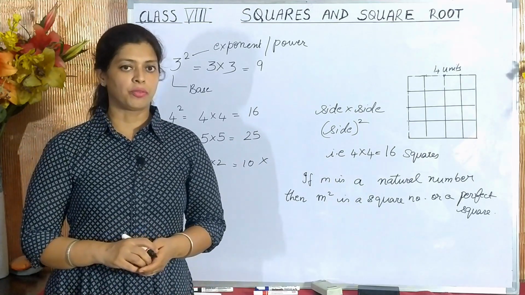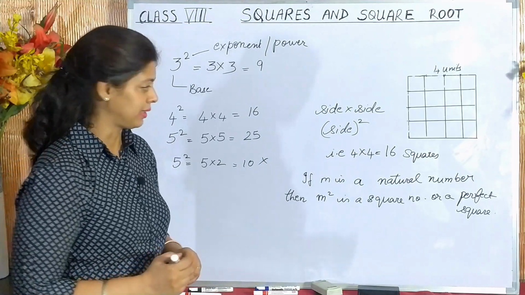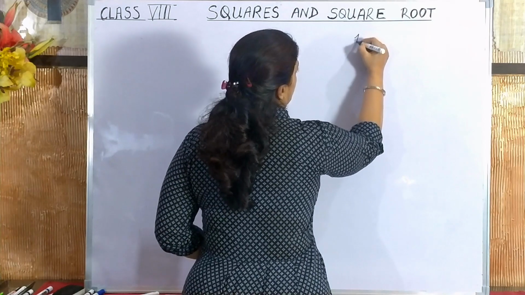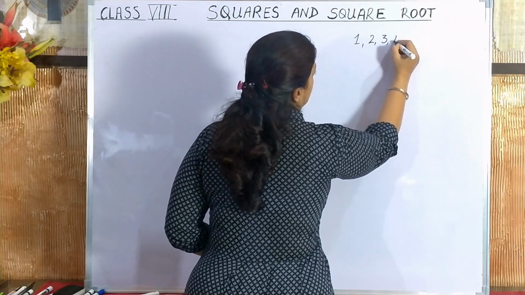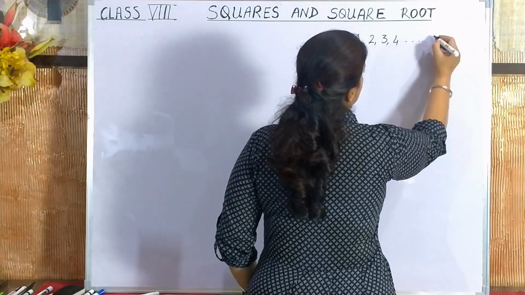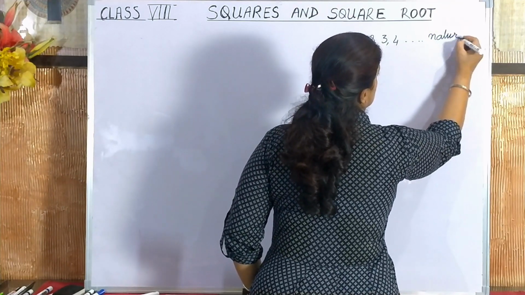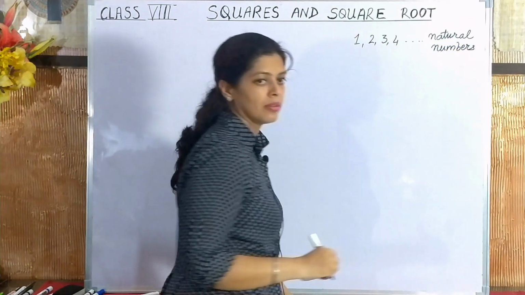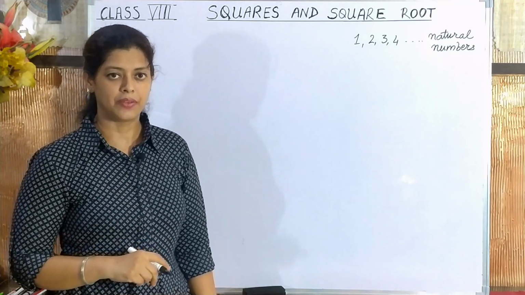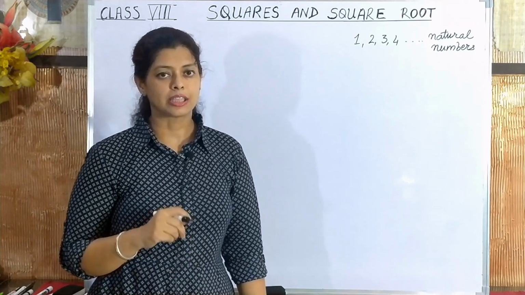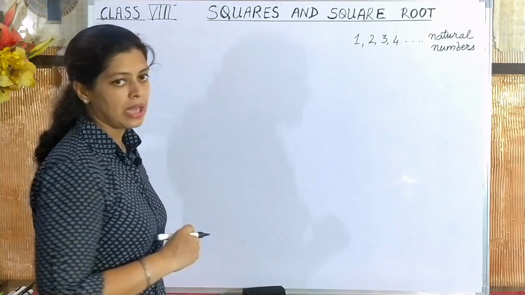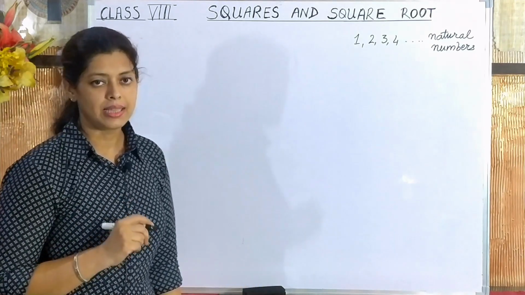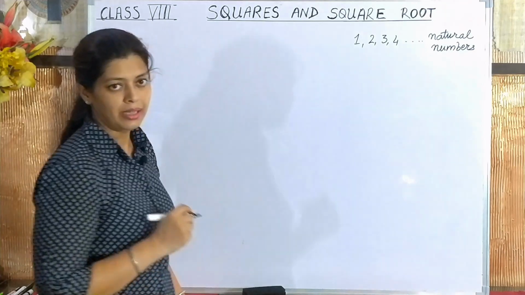Now I will explain the concept of square numbers with basic number patterns. Now we know that numbers starting from 1, 2, 3, 4 and so on are called natural numbers. And the sum of 2 consecutive natural numbers gives us triangular numbers. Now you will ask me, what are triangular numbers? Triangular numbers are numbers whose dot patterns look like triangles, or they can be arranged as triangles. I will show you this with an example.